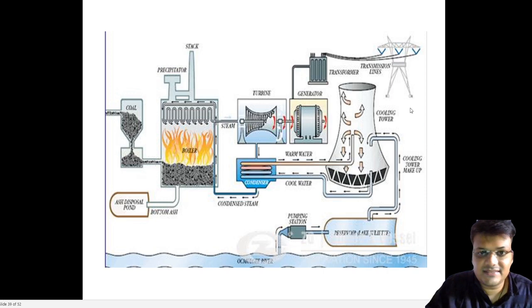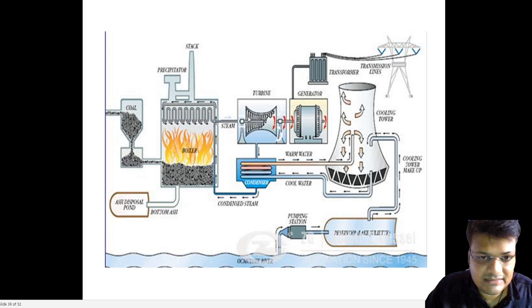The third cycle is after throwing steam to the blades, the steam is getting condensed. So how this condensed steam is used, the third cycle comes under this. We take the water from the river, then it is fed into the cooling tower, and this cooling tower will help to condense the steam, and again it is fed into the boiler with the help of the economizer to increase the efficiency. So the third is the water cycle.